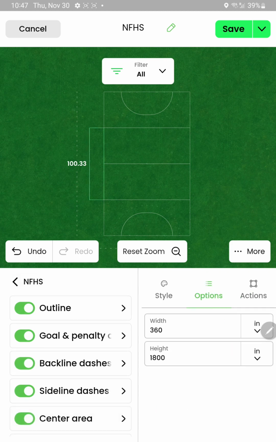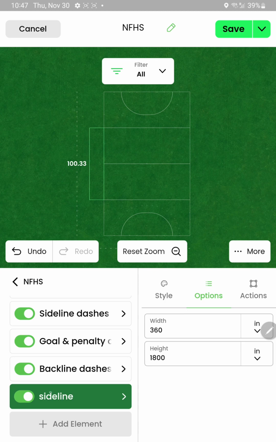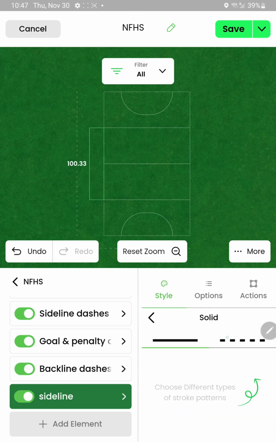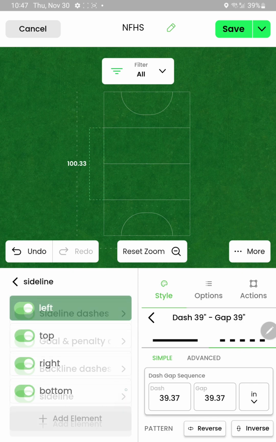Well, really, to be even easier, let's go back to this folder here where it says sideline. Go to options or style, pattern, and tap here where it says dashed. Or it doesn't say dashed, but. And then now we can go back into the folder, tap this little arrow here, highlight where it says